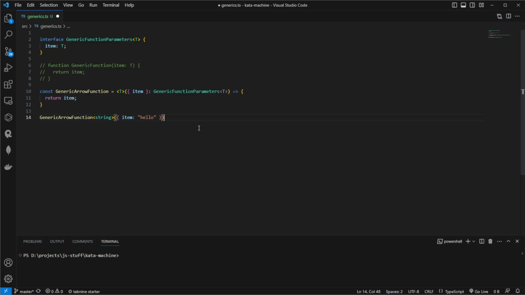Well, generics can be of any type, and that type is whatever we pass on to that generic. For example, in this function right here, to give a function a generic for its, let's say, parameters, we can just have it inside of angle brackets beside the parentheses. Now this works almost the same way as interfaces,